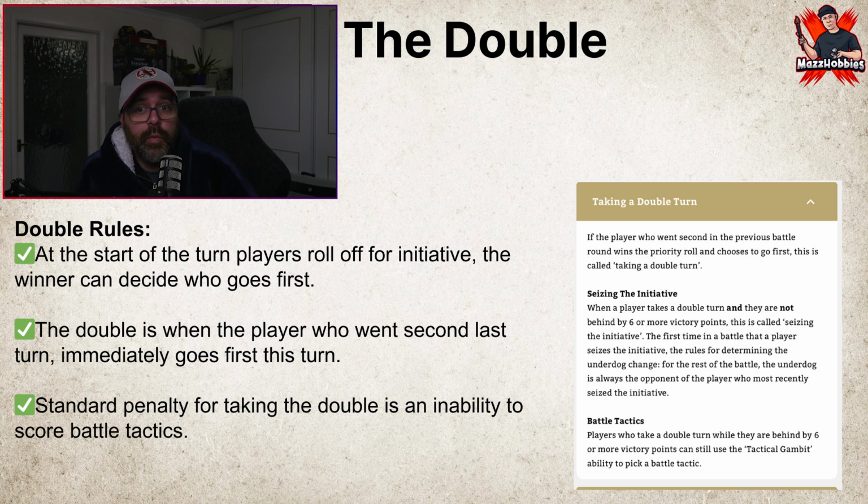So the way the double works is at the start of every turn in Age of Sigmar, both players roll off for initiative, and the winner gets to decide which player goes first. A double is when the player who went second last turn immediately goes first this turn. So effectively they've had their battle round, their turn, it's finished, they're now going again, which is why it's a double. They essentially get to do double of everything before you get to do your command phase, movement phase, everything